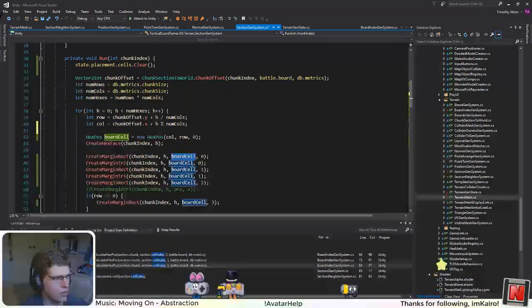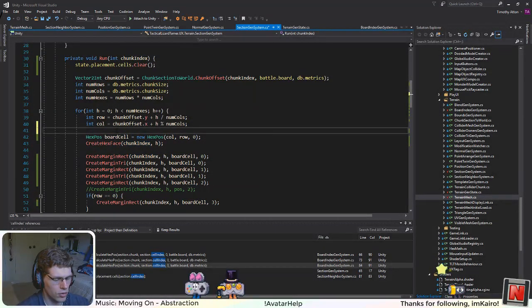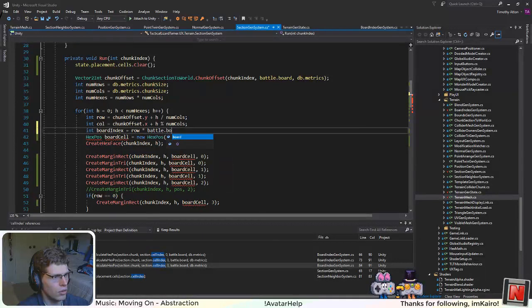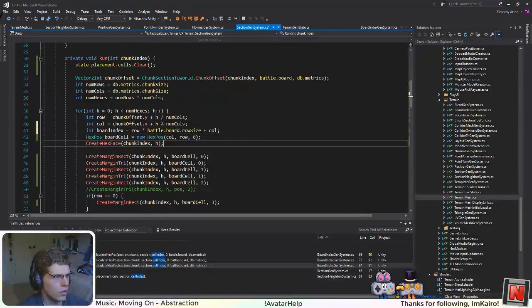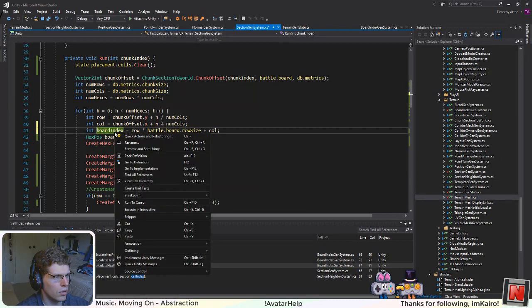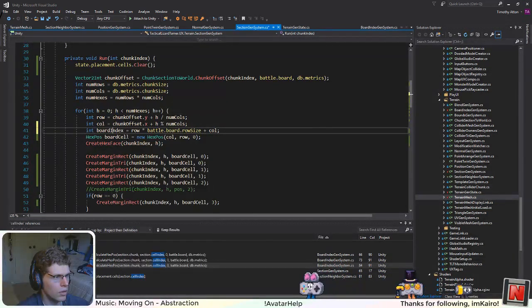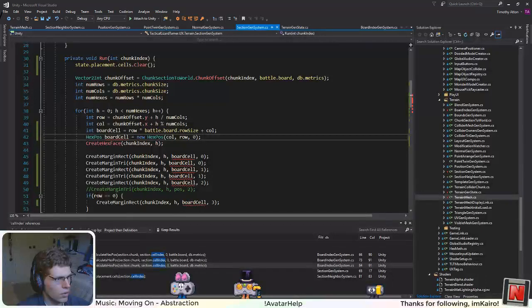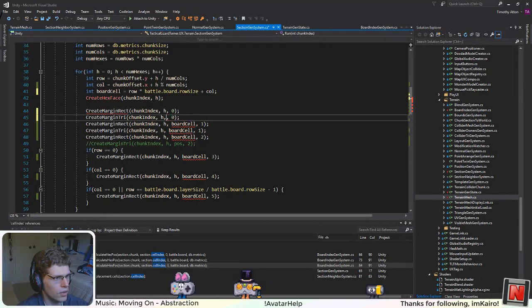I don't really even need to pass that because I could get this from the board index, so maybe I won't. Yeah, it's just row times the row size, so battle board plus the column. Okay, so yeah, I don't, or do I? Yeah, I don't actually use this here, so I think I'll just get rid of that because it's calculatable from